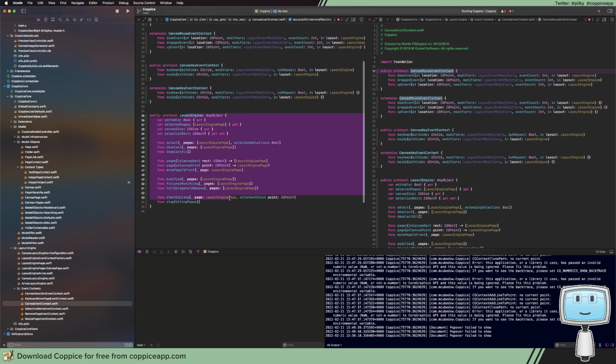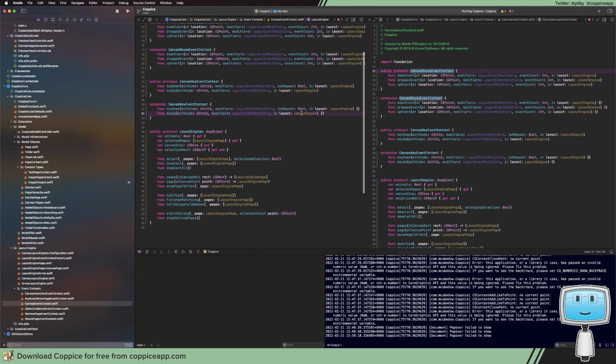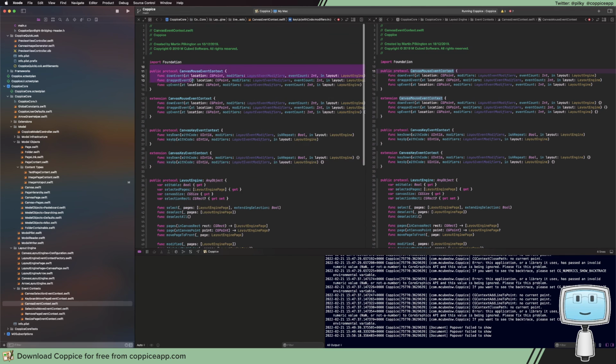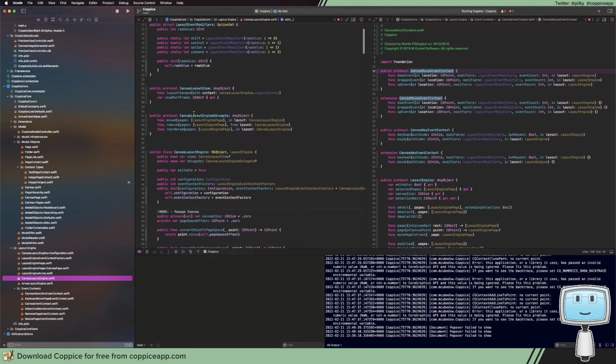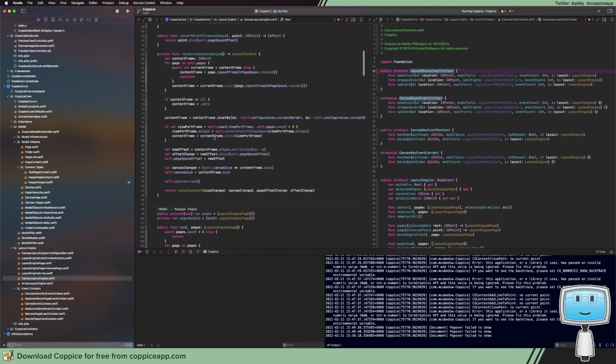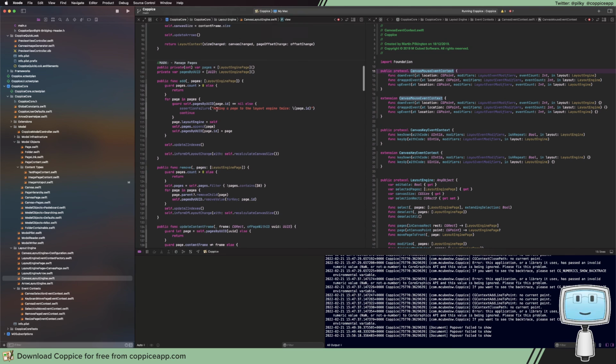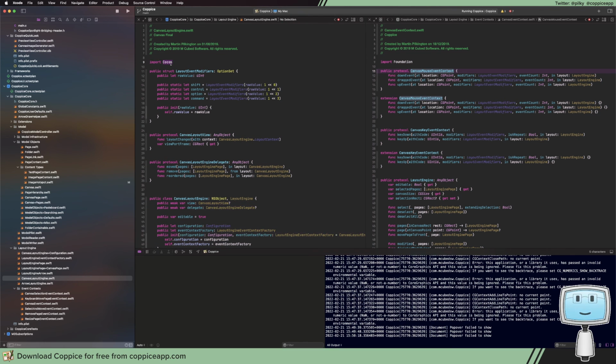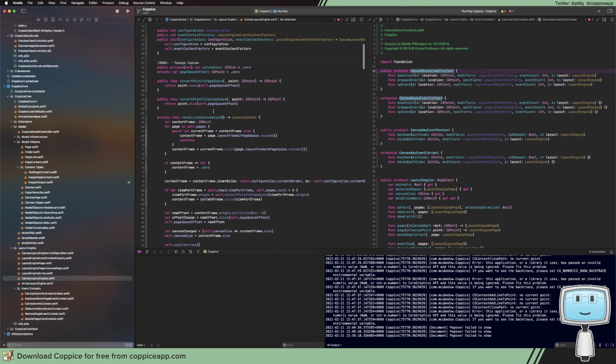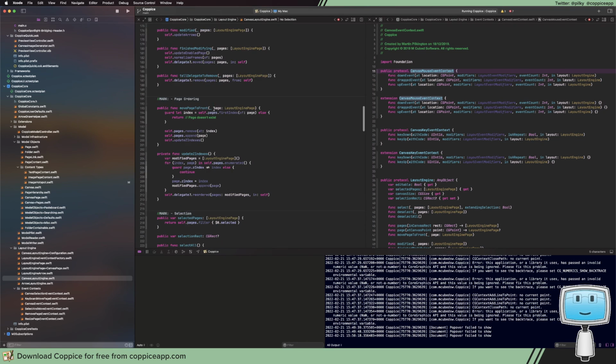I have a protocol for the layout engine that these can all use, and protocols for a canvas mouse event or canvas key event. By doing all these in protocols, what this means is that I have a canvas layout engine which is completely abstracted away. I mean, you can see it's importing Cocoa, but